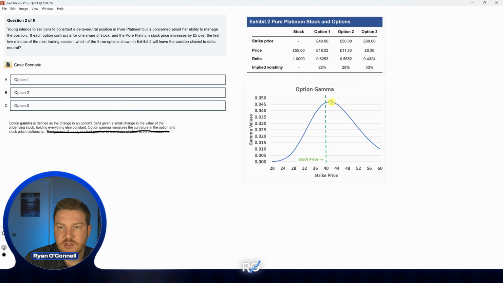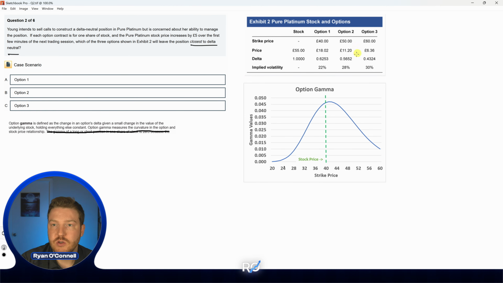If we hold all else constant, we see that the gamma will peak when the stock price is closest to the strike price. So option gamma should be the highest for at the money options and the lowest for options that are out of the money. So if we're getting further and further into this out of the money area, either high or low, the option gamma will be less. So if we're wondering about which option is going to have the closest delta even after price changes, meaning that delta is going to have changed the least even after price changes, it would be the one that is the furthest from the at the money option,